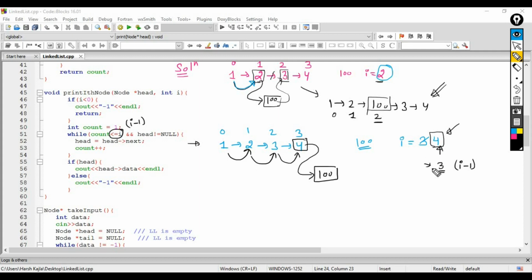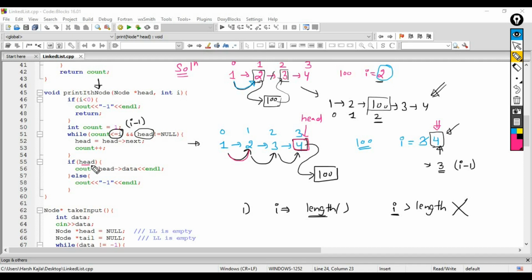Secondly, to check whether the value of I is valid or not, we can call the length function and check if the value of I is greater than the length of the linked list; then that value of I is not valid and we will not do anything. But we discussed in the print ith node question that there is no need to call the length function. We will take the help of the head pointer. If the value of I is 4, then head will be at this location after 3 jumps.